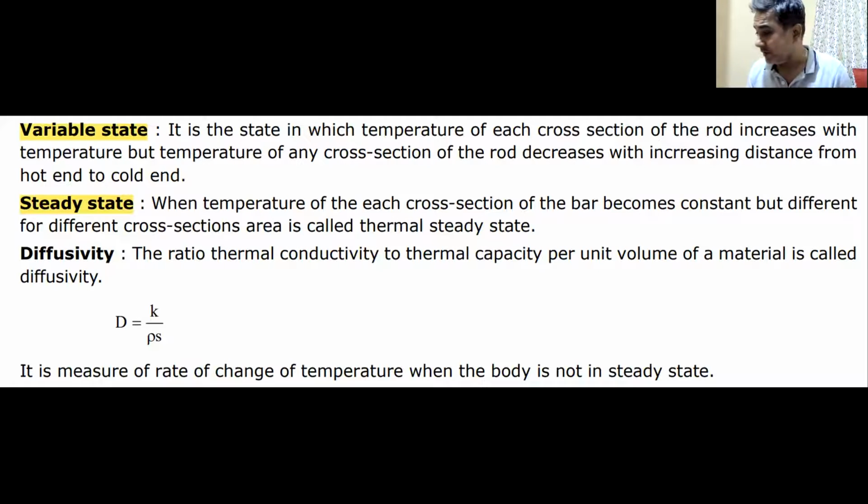Now listen to me very carefully because you may not be able to write it. So listen to me very carefully. What is a variable state and what is a steady state? And then I'll give you time to note what is there in the sheet. So what is a steady state and what is a variable state? And again, I come in full screen.